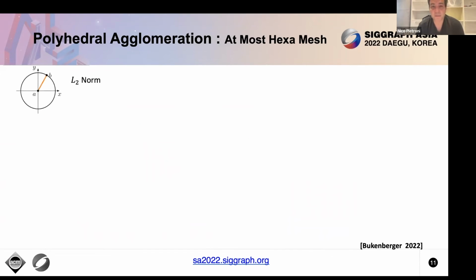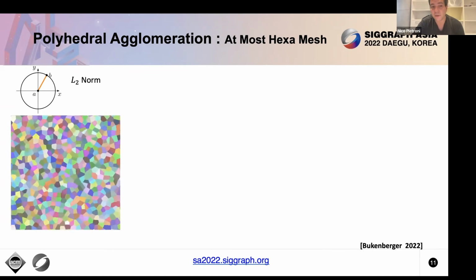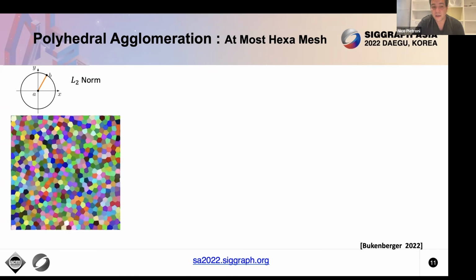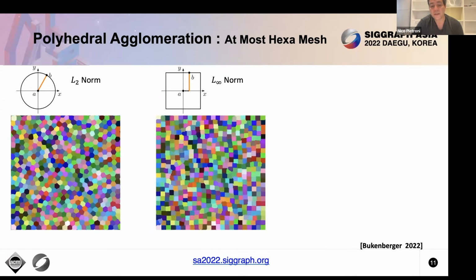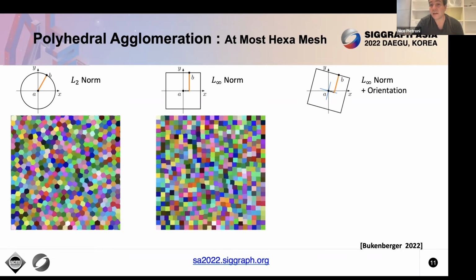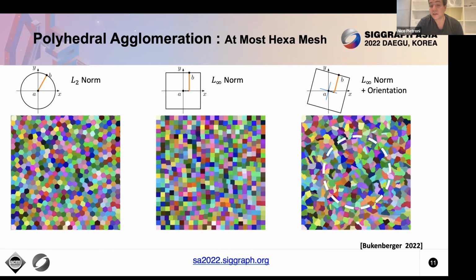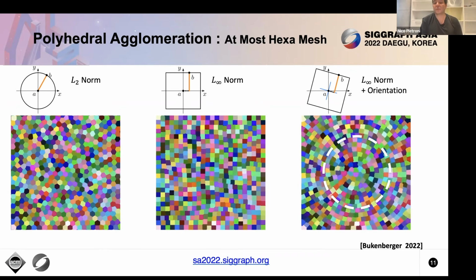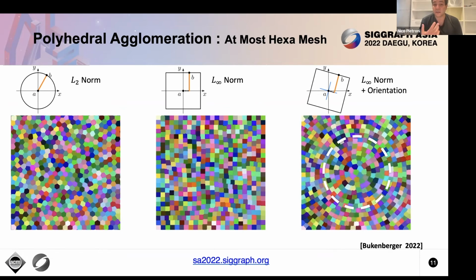So recently there was this other paper by Buchenberg and colleagues, presented recently at Eurographics. The first idea is, okay, we have Voronoi partitioning with Lloyd relaxation with the L2 norm, right? We have seen also the L infinite norm, which tends to align these cubes and create a quadrilateral pattern. But you can also have the L infinite norm plus orientation, so you can orient your cubes in different directions in your domain. So you can follow a field, or you can follow some external features,